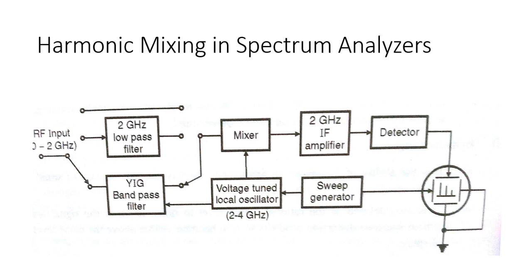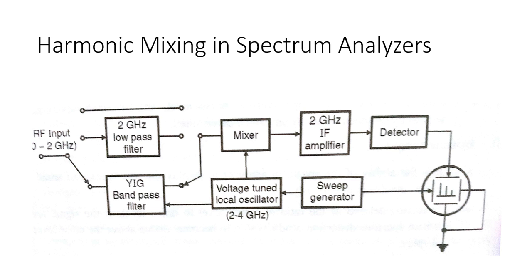So what does harmonic mixing mean? Harmonic mixing means mixing the input signal with the fundamental, second harmonic, third harmonic of the first local frequency. Again I am repeating, harmonic mixing refers to mixing the input signal with the fundamental, second harmonic, third harmonic, etc. of the first local oscillator frequency, and this is done with the help of this YIG band pass filter and this 2 gigahertz low pass filter. So here